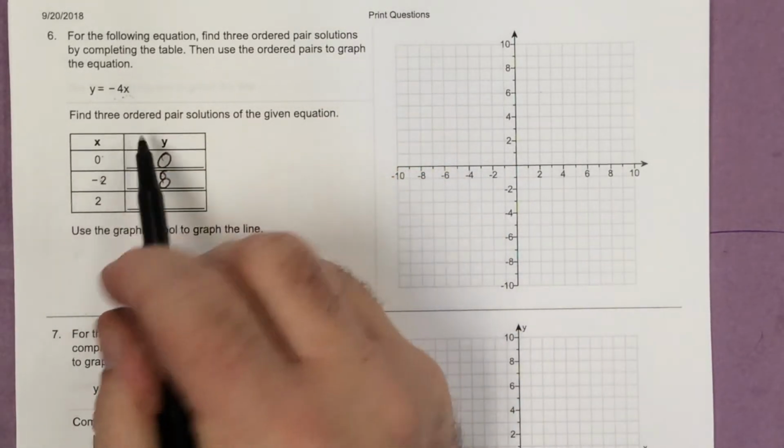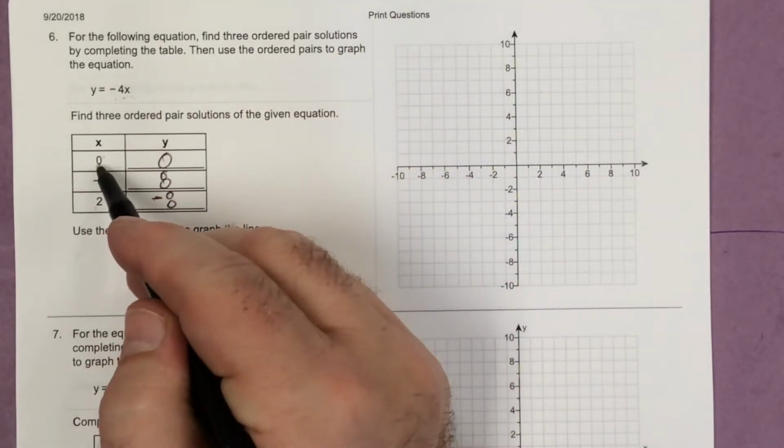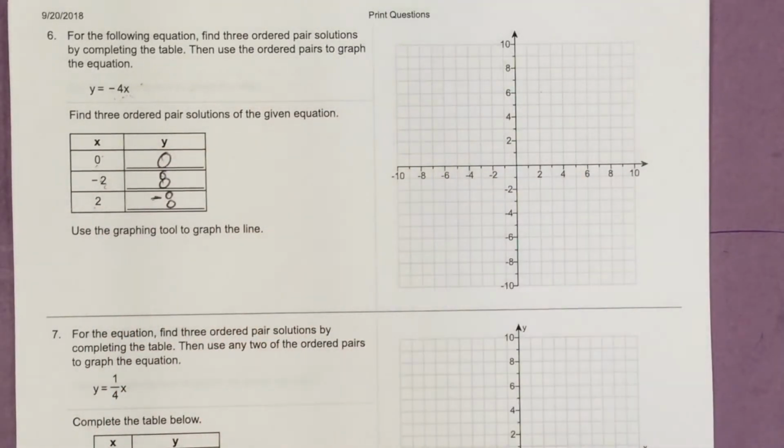So I'm going to put that here. Negative 4 times 2, that's going to give us negative 8 here. So all I'm doing is taking these x values and putting them into here. You can do this at home. I'm just working through these quickly because I've already showed this. So I want to make sure everyone is familiar and comfortable with completing these tables, then plotting the points